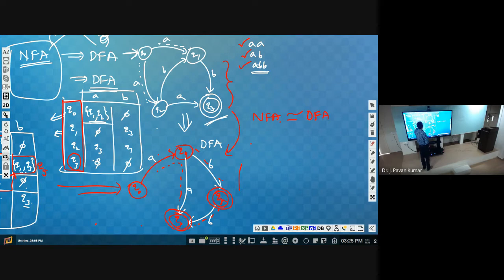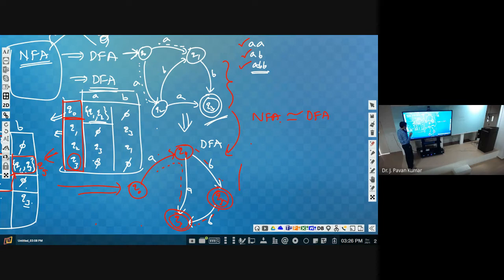So what is the conversion procedure? We just have to consider the transition table of the given NFA. First, the initial state we will take as it is. Then, starting from there, if you find any new state, we will consider that as a new state and fill the transition table. And we have to identify the final states. How can we identify final states? Whatever final state we have in the NFA, all the states in the corresponding transition table that contain that final state we have to identify as final states.